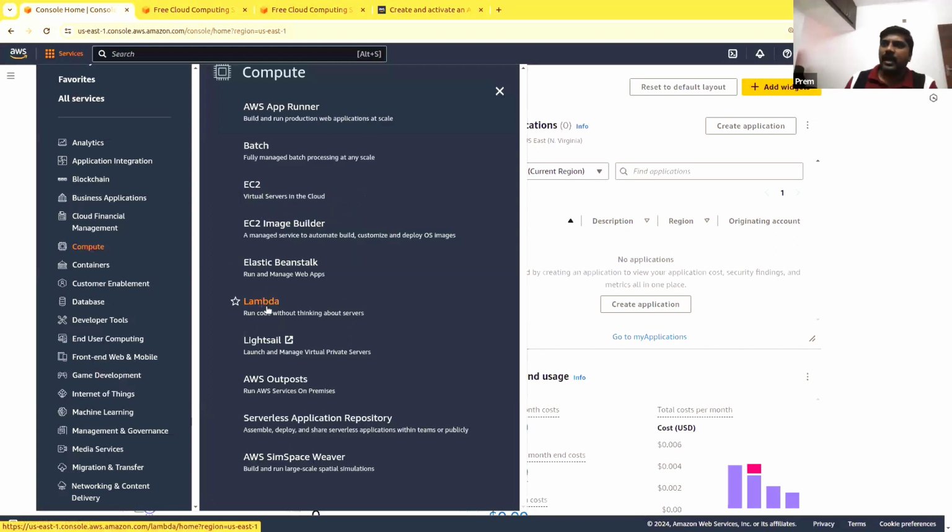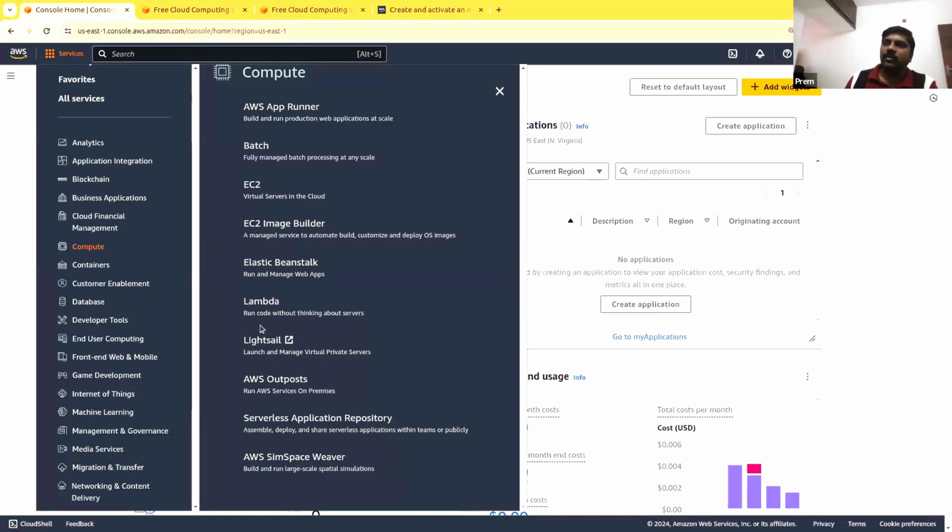Another thing is Lambda function, which is serverless compute. So these are the two things that we will mostly be talking about. The other things you may or may not be using; it is not something that everybody will be using.